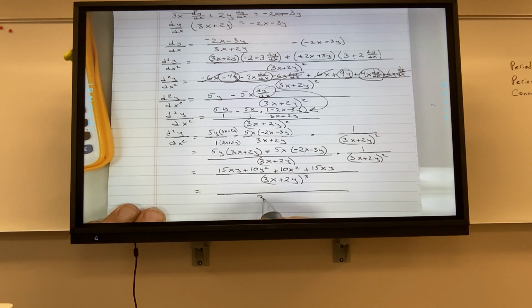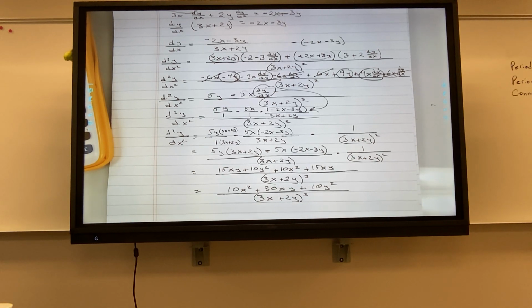So my second derivative is this. This is cubed, and I wrote it this way. You could write it any way you wanted to, I guess. 10x squared plus 30xy plus 10y squared. And you could probably